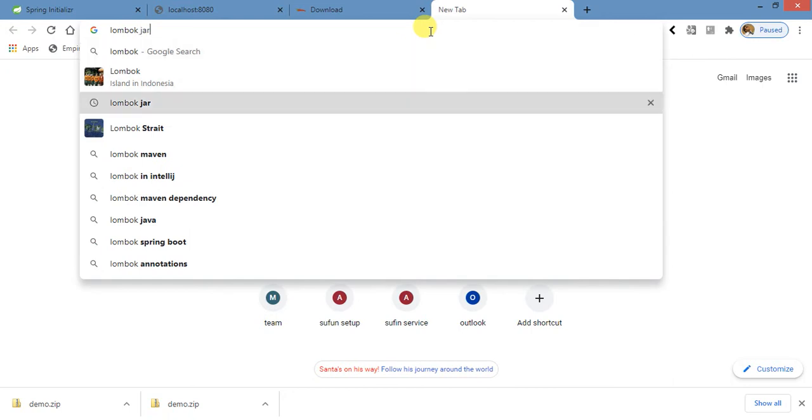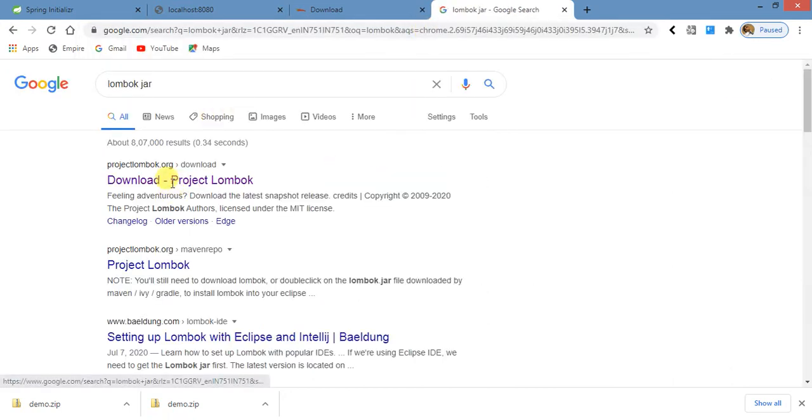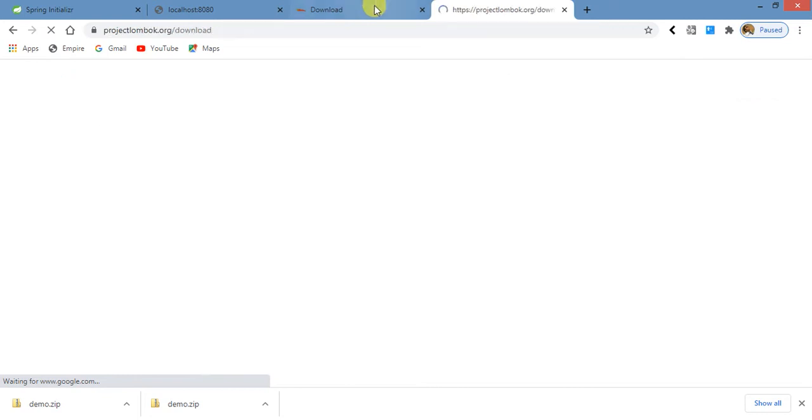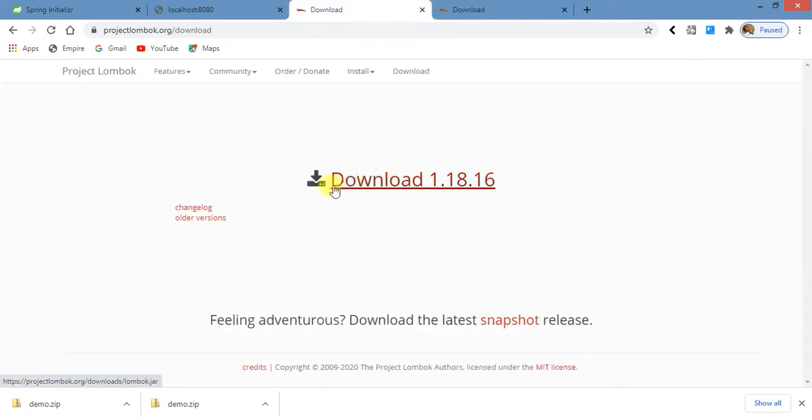Here is the Lombok jar. Click on it, get that project, and download it.